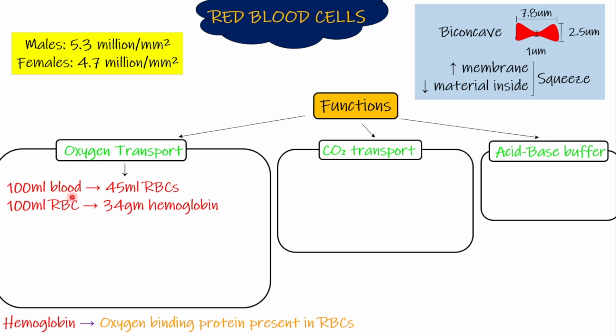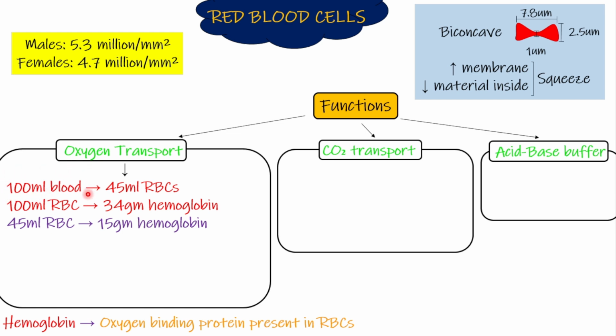For that, we first have to know the amount of RBCs in 100 ml of blood, and then we should know the amount of hemoglobin in those 45 ml of RBCs. If 100 ml of RBCs have 34 grams of hemoglobin, then 45 ml of RBCs would have around 15 grams of hemoglobin. Okay, if 100 ml of RBCs have 34 grams of hemoglobin, then what is the amount of hemoglobin in 45 ml of RBCs? We basically want to know